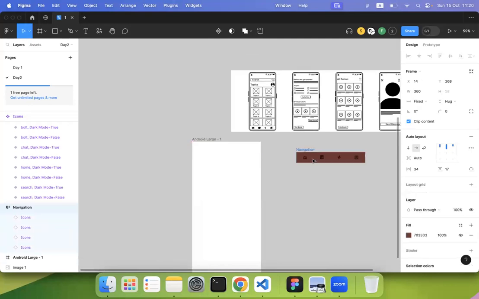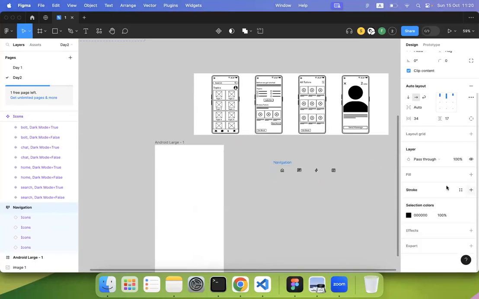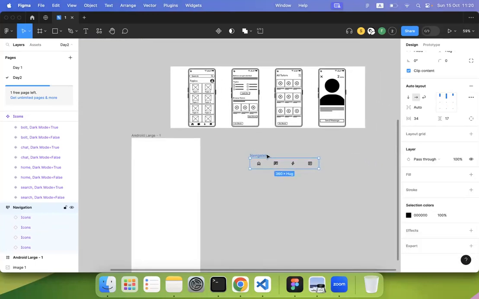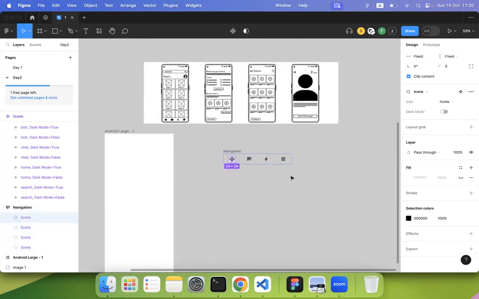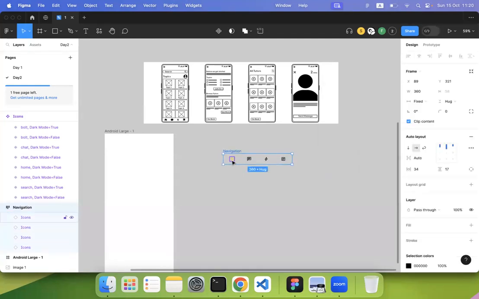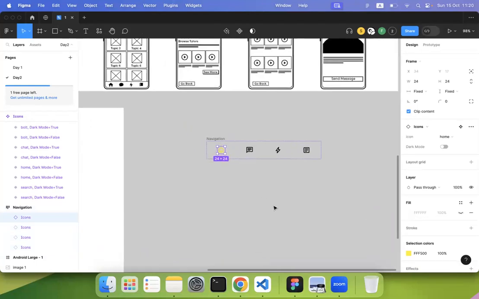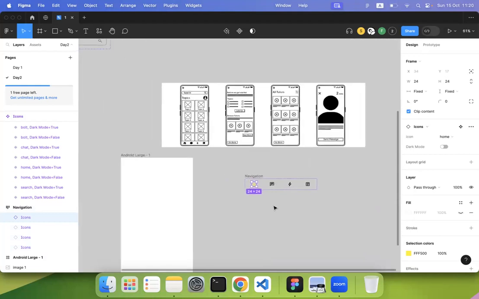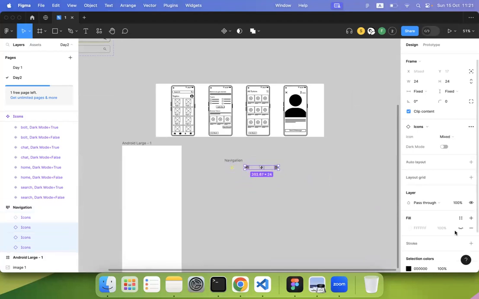So the navigation bar also might have active and inactive elements based on what page you are in. So let's remove the background color first and create active state for this. Now let's say the home icon is active here. Let's give the home icon a different color. Let's give it this color, or we can give it a fill if we have the other icon, but to save the time I will give it the yellow color, and all the other icons I'm going to give it the